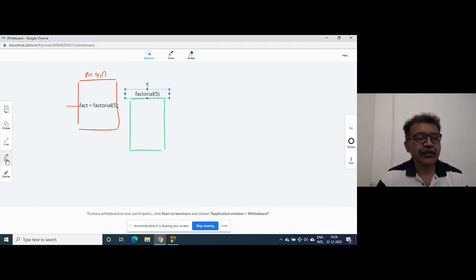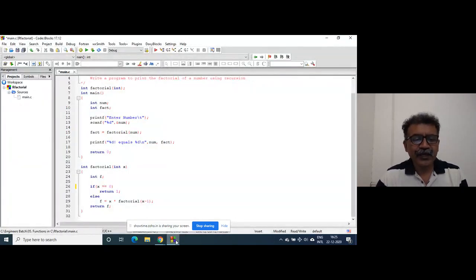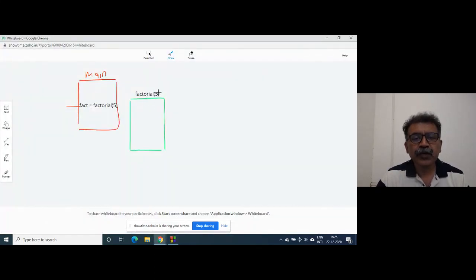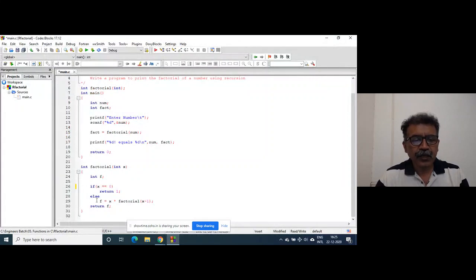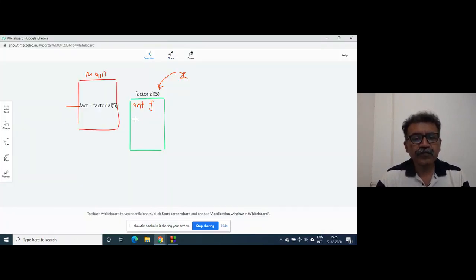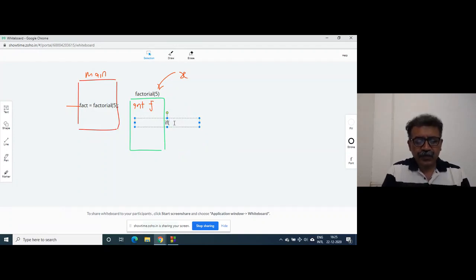Now inside that, which variables have we written? Int x and int f. So this is x, right? And there is one variable called int f. And what statement have I written? If x is equal to 0, return 1.